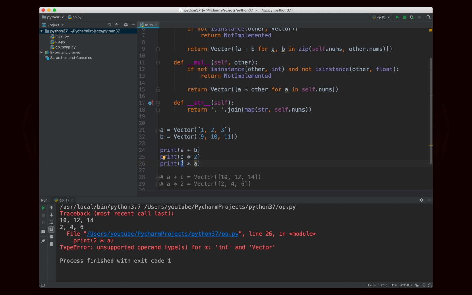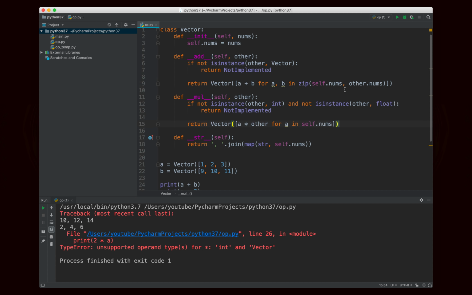And obviously the int class doesn't know how to multiply by a vector, because we just wrote the vector class ourselves, and int has no idea that it exists. And so does that mean that we can't do this? Well, no, Python thought of that as well. And so for all of these methods that you can override, add, mul, div, sub, so on and so forth,